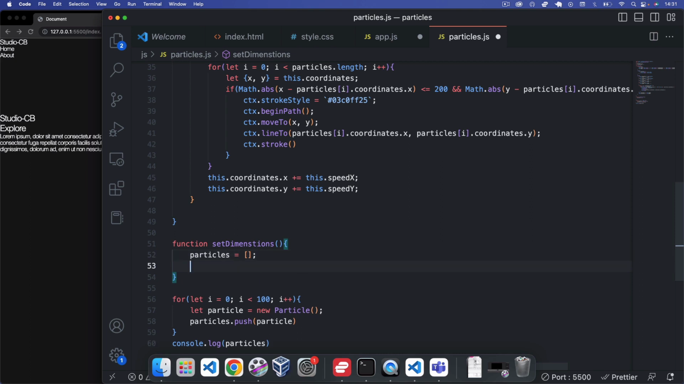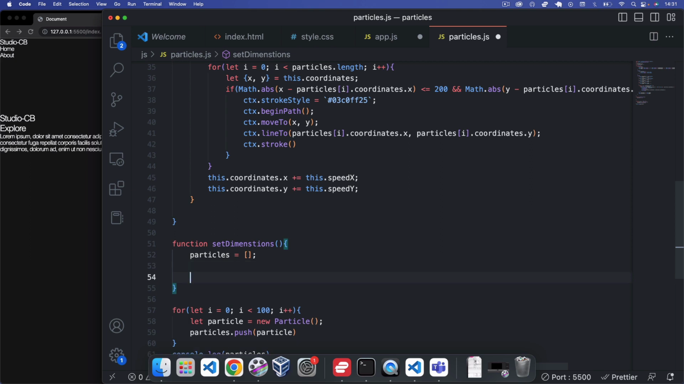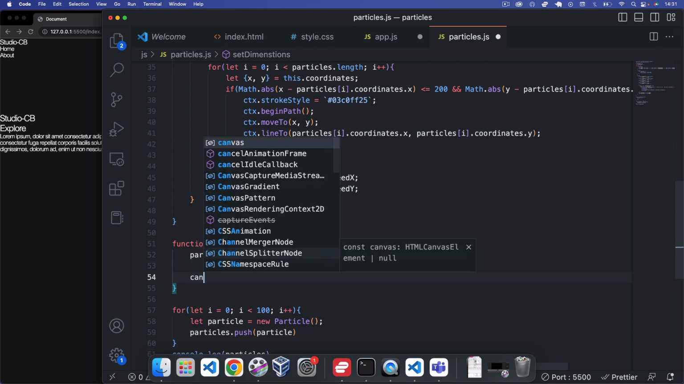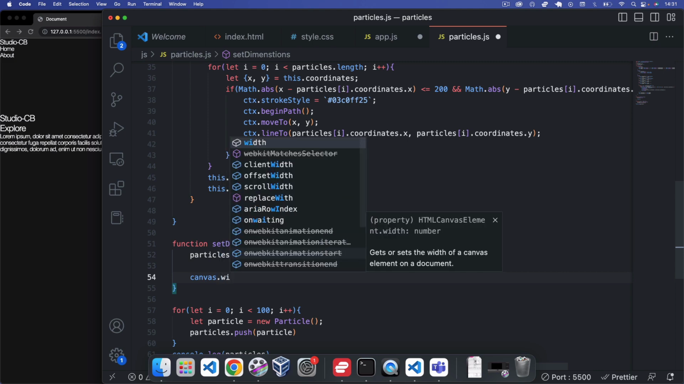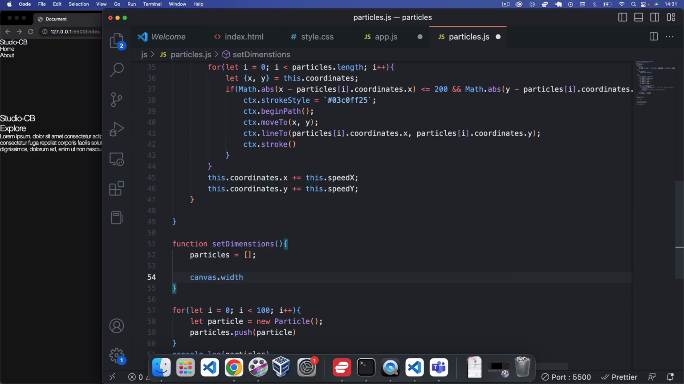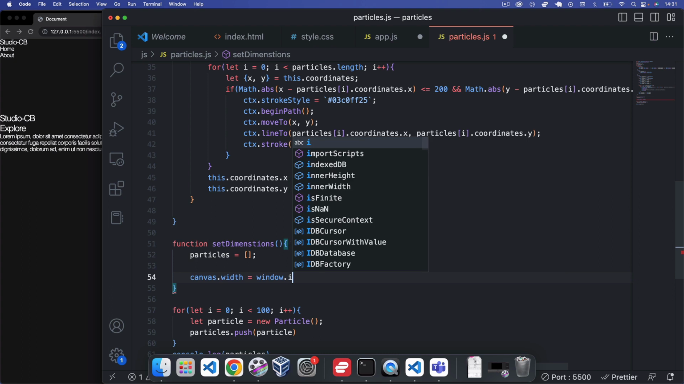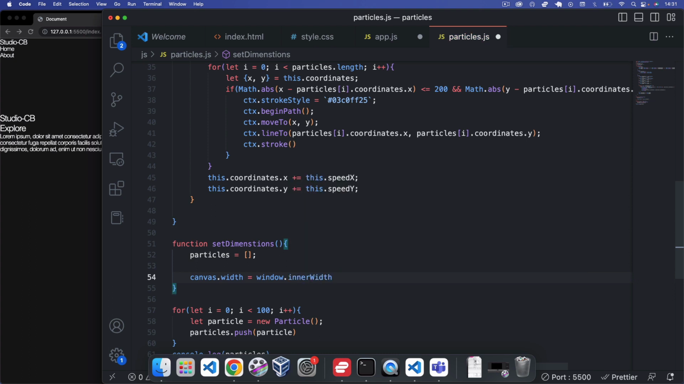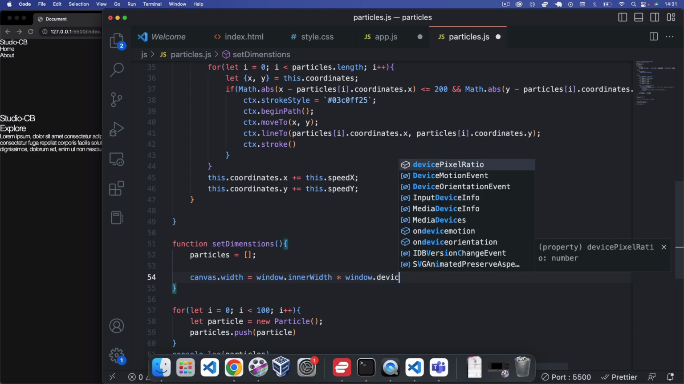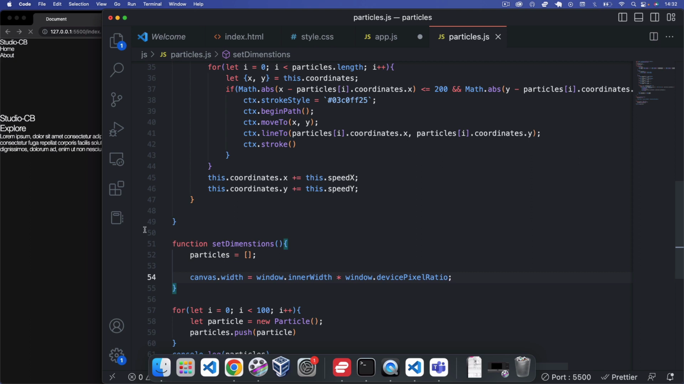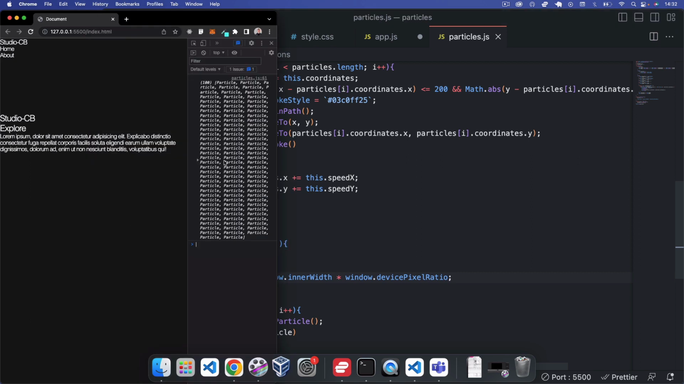Now we need to do some initial calculations for our canvas just to make it look smooth. So we're going to say canvas.width, and that's going to equal window.innerWidth. And then what we also need to do here is times this by window.devicePixelRatio. The reason we do this is because if you're on a screen like a MacBook with a Retina display,